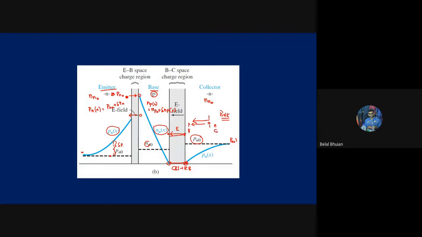So continuously, at the edge, electrons will be drifted and holes will be drifted. That means there is no opportunity for electrons to build up concentration, and no opportunity for holes to build up concentration. Electrons go away as soon as they arrive, and holes go away as soon as they arrive. That is why the total concentration always remains zero. So that is how we can explain the operation principle of the NPN BJT in active region operation.